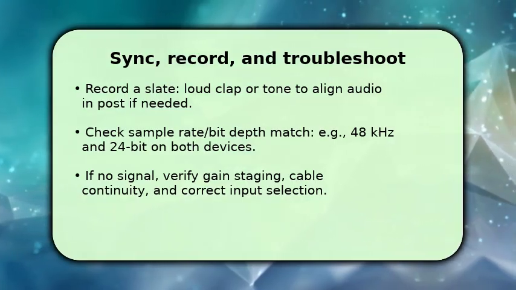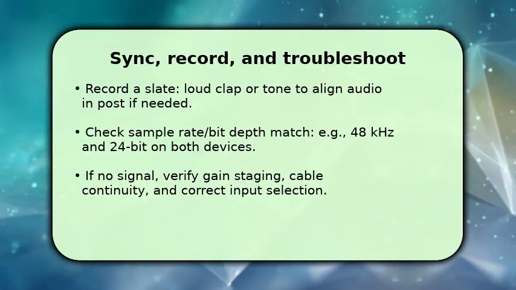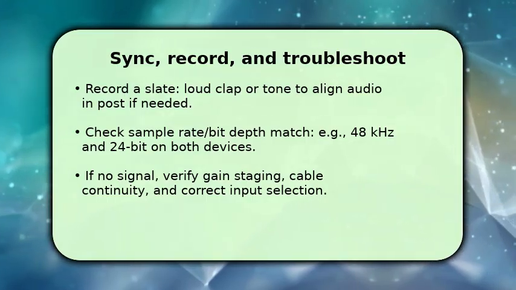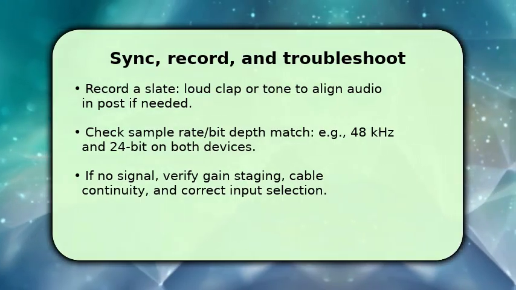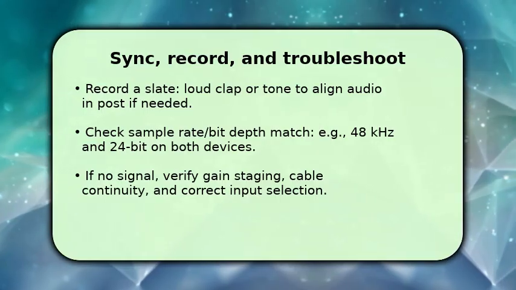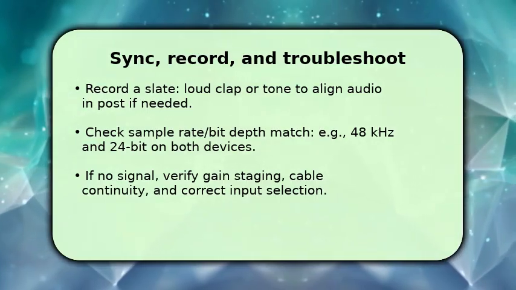without drift. If you get no signal, first confirm cables and adapters are functional, then check the camera input selection and interface routing. Finally, try swapping cables or ports. Intermittent loss often points to a faulty connector rather than